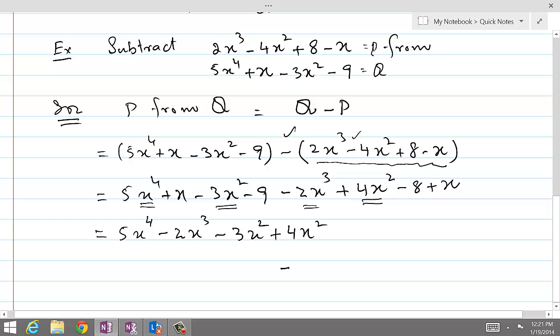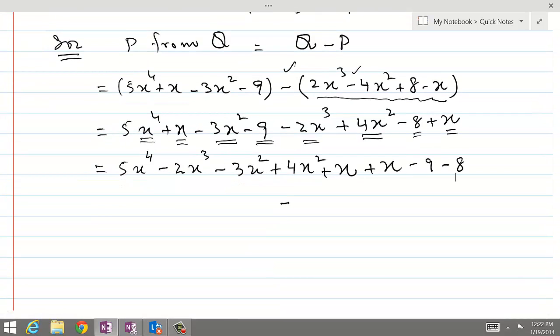Now we look for the terms involving only x. Here is one term which is plus x, and is there any other term involving x? Yes, this is plus x. And now we look for the constant terms. The constant terms here are minus 9 and minus 8. Therefore we write minus 9 and minus 8, and this will give us